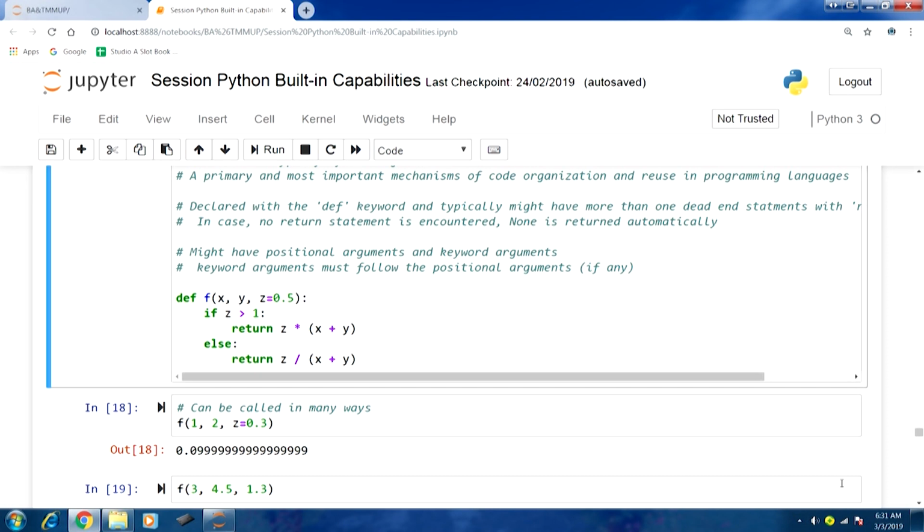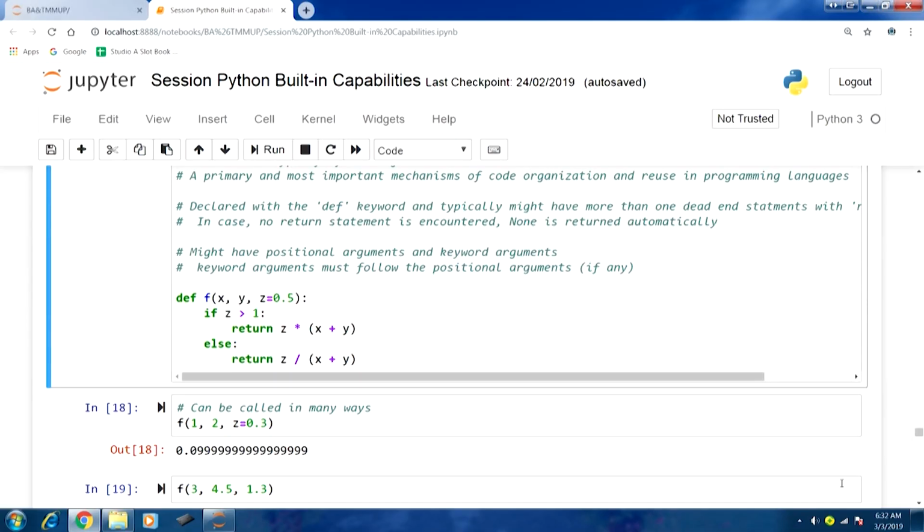So, let us look at this function definition. We use the keyword def and then the function name, which is f, and then in the parentheses we define our arguments: x comma y. These are two positional arguments. The third argument is the keyword argument, z, and we are giving a default value to this argument as well. Another aspect related to keyword arguments is that when we want to give a default value to a particular argument, keyword arguments can be really useful. Then we have our code block within the functional scope.